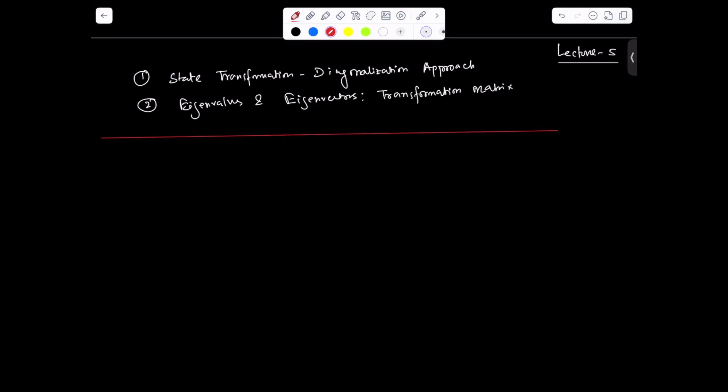So if you have a system, for example, a scalar system x dot equal to ax, and the initial condition is given to us, maybe 4. If you solve this equation, we can write x of t equal to e to the power at times x naught, or we can say 4 e to the power at. So it means if you have a system in this structure,